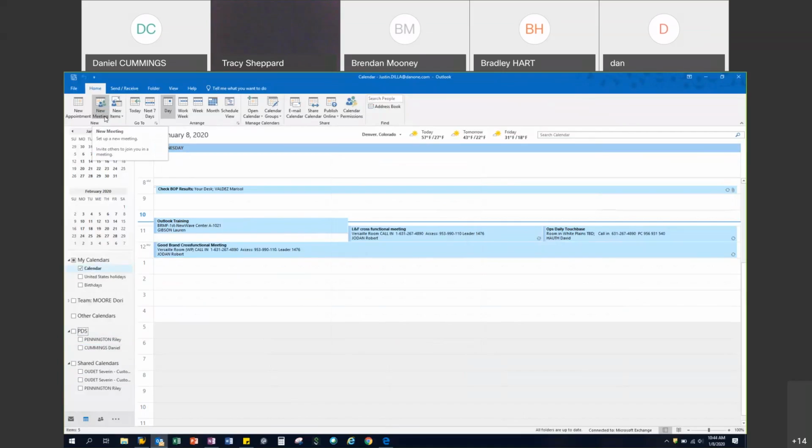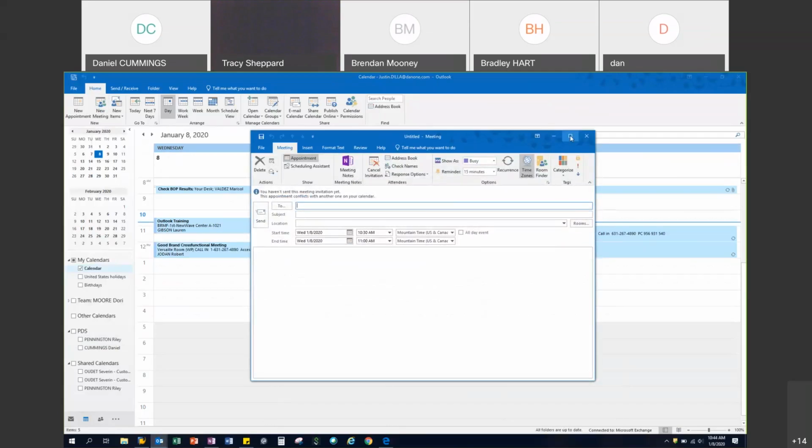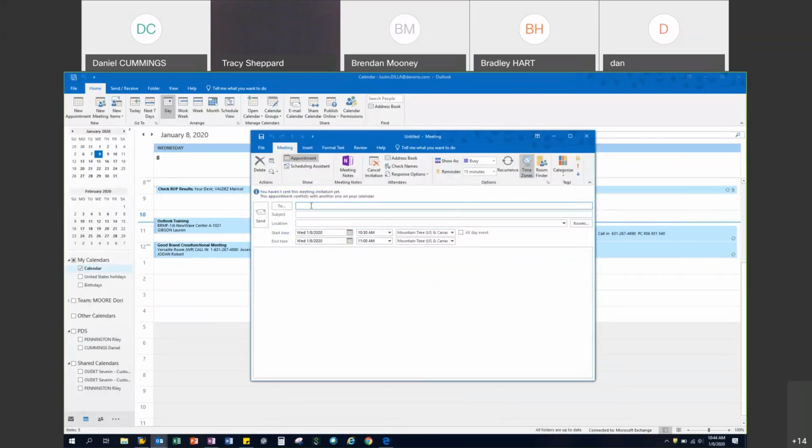So, setting up a meeting. You can set up an appointment or a meeting. I think it's more preferable to set up a meeting because you can add your colleagues and you can also reserve resources such as conference rooms. So we'll go through how you can set up a meeting. You select this button here, New Meeting. You add who you would like to add to that meeting in the To toolbar, and the subject,